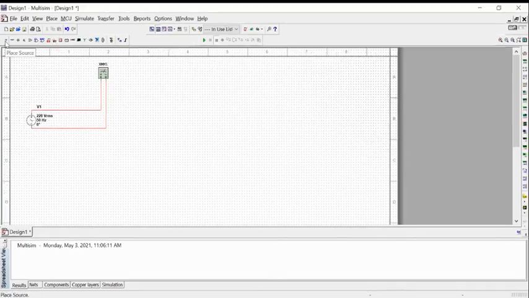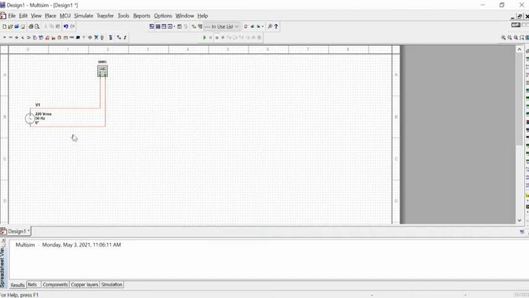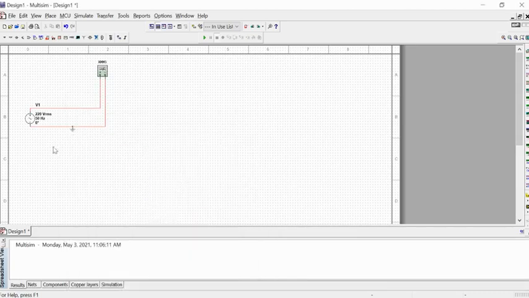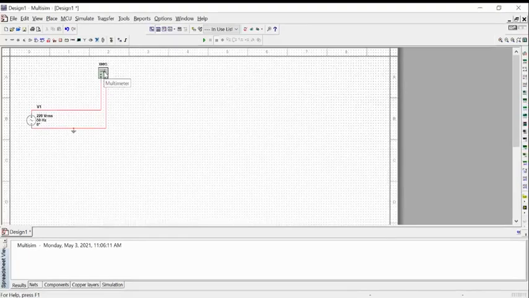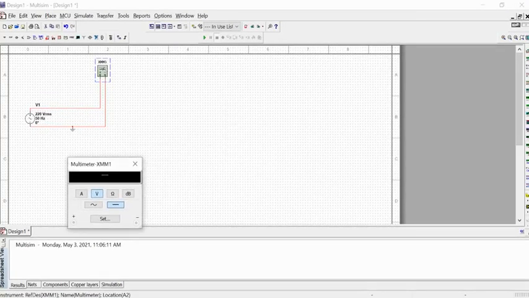So now I'm going again to the power sources. Here you can see the ground option. So now I'm just pressing it and you can place it anywhere. I'm just grounding this circuit here, so I just place it here. Now your circuit is okay. So if you want to check what the voltage is, you can double click on it. A small window will appear which shows the value of the voltage, current, or whatever you want to check from here by just playing this circuit.